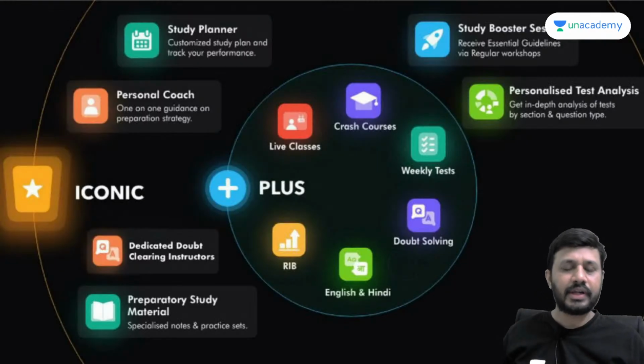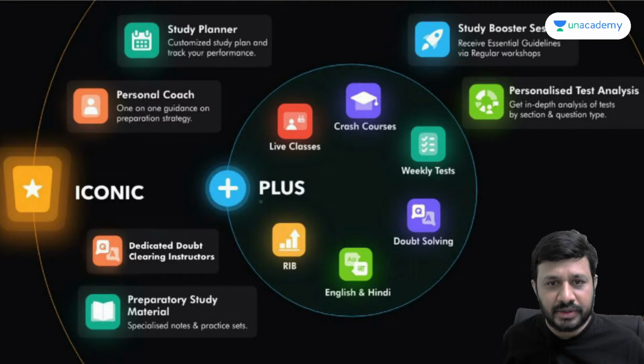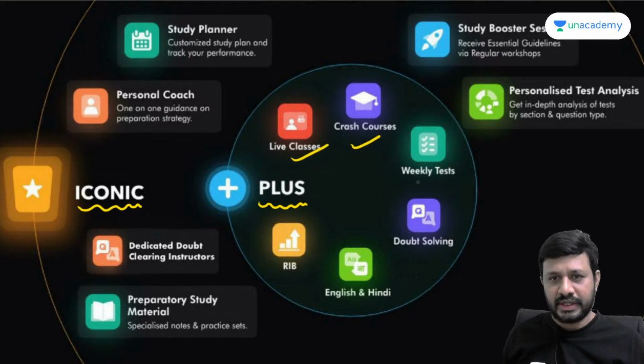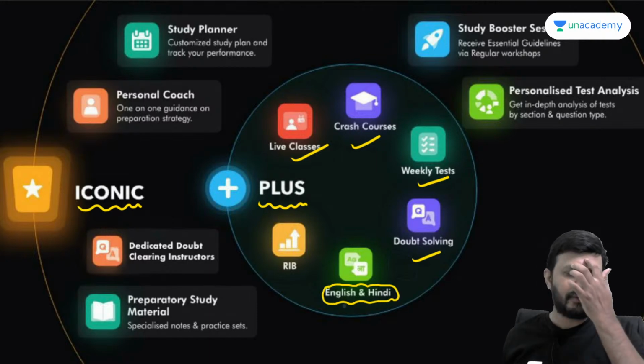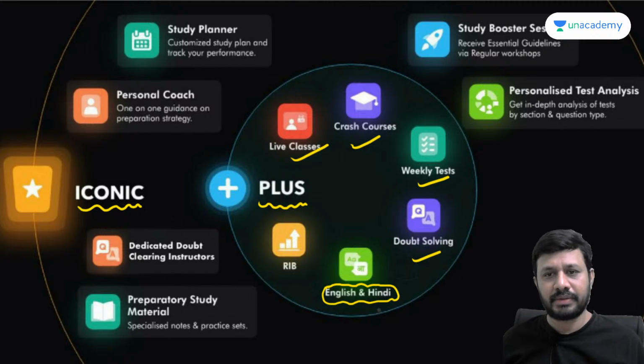First of all, we'll observe what are the various courses for GATE we are having in Unacademy. Basically, we are having two types of subscriptions here, the Plus subscription and the Iconic subscription. In the Plus subscription, the student will be exposed to live classes, crash courses, weekly tests, doubt solving sessions, and batches are conducted in both English and Hindi. If a student is not comfortable with English, he can take the batch in Hindi, and if a student is not comfortable with Hindi, he can take the batch in English from his favorite educator, and we have rank improvement